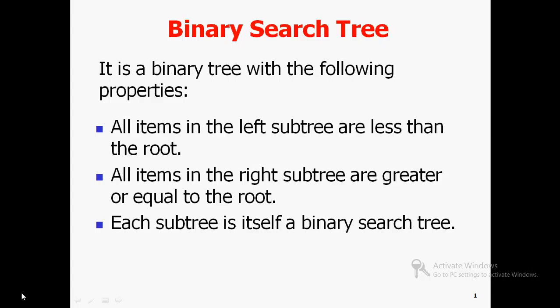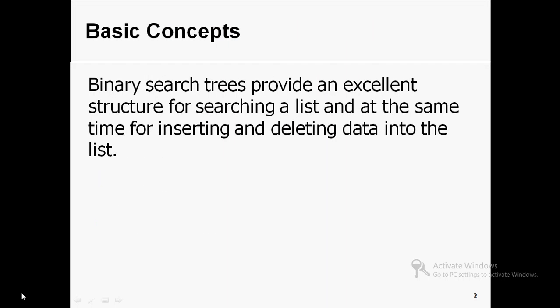All the elements present on the left subtree of the root must be less than the root, and all the elements present on the right subtree must be greater than or equal to the root node. It is the essential property of the binary search tree. With this property only they are going to build the tree, and it also consists of at most only